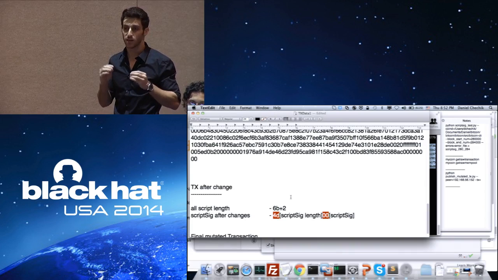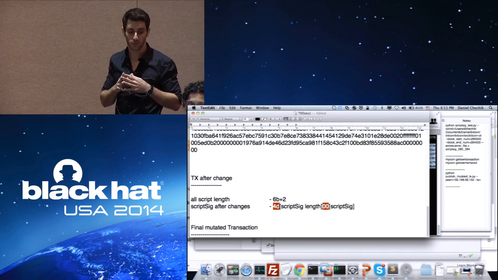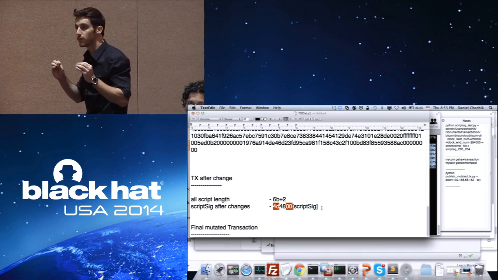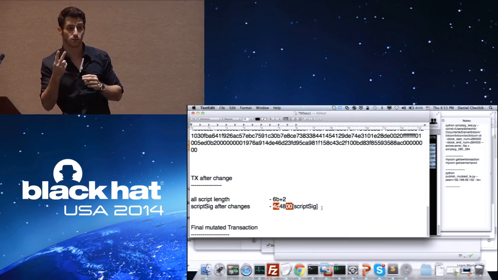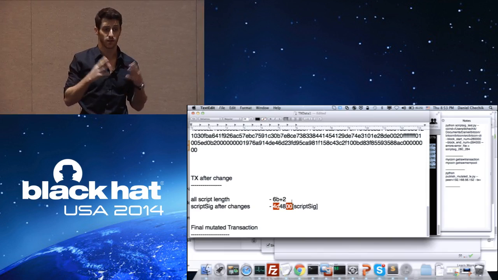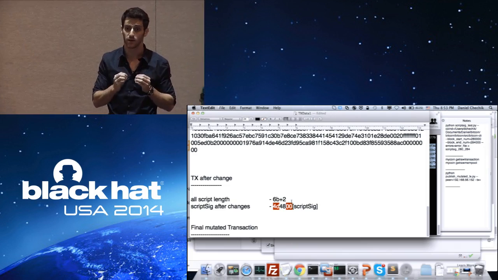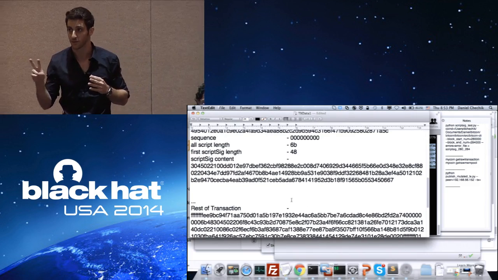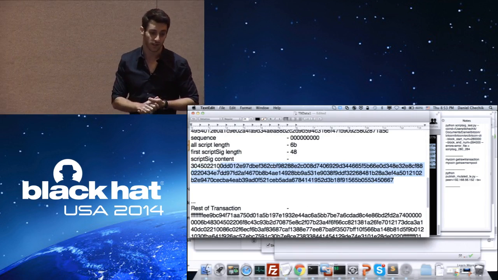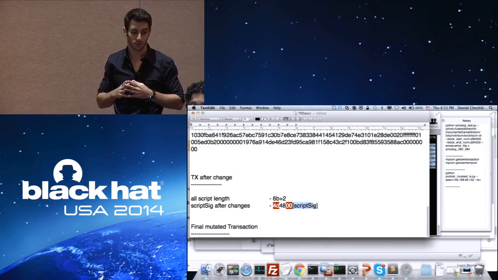And you see +2 because we're about to add 2 bytes, but you'll see this in a minute. We take the length of the script sig and put it between these values. 4D, if you remember, that's push data 2. That means that 48 now has 2 bytes. I mean, the next 2 bytes are going to represent the size of the script sig. So we add a 0 byte also to represent the same size, but with 2 different bytes. 48 or 0048. Take the original script sig, put it here,